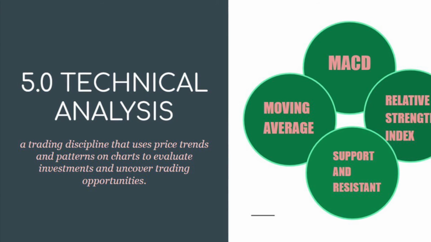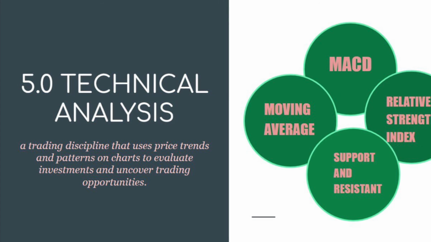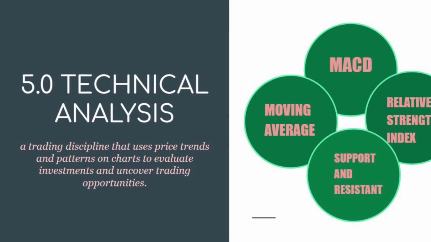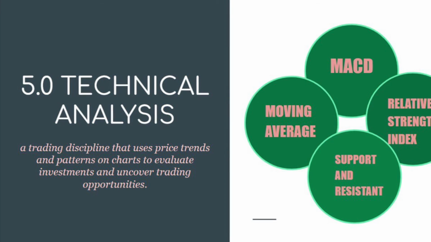For the first one, it is the moving average convergence divergence, which is MACD. It is a trend following momentum indicator that shows the relationship between two moving averages of a security price. Usually, traders use the MACD to identify when the bullish or bearish momentum is high, in order to identify entry and exit points for traders.